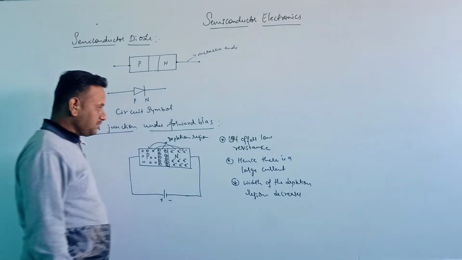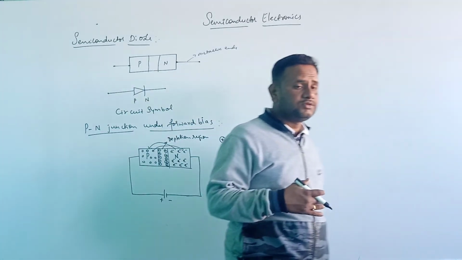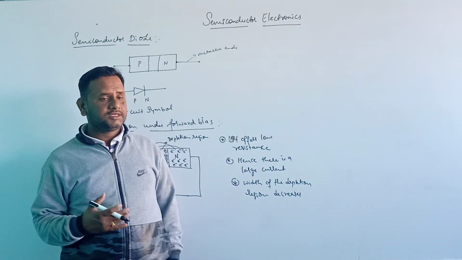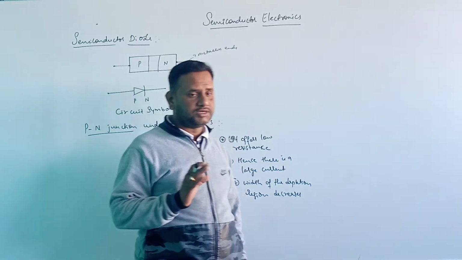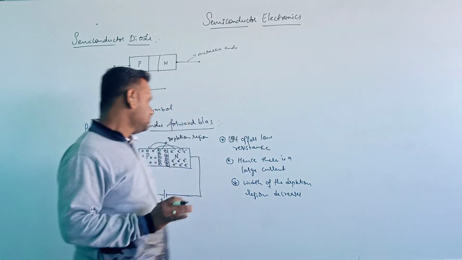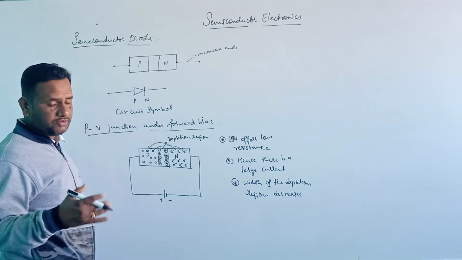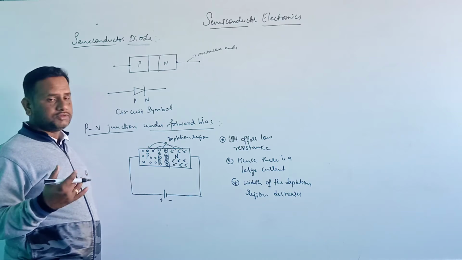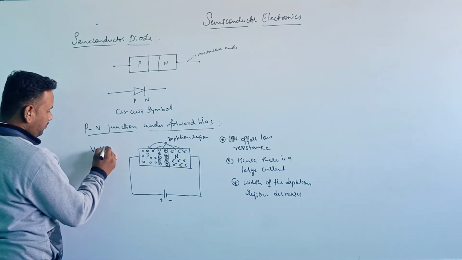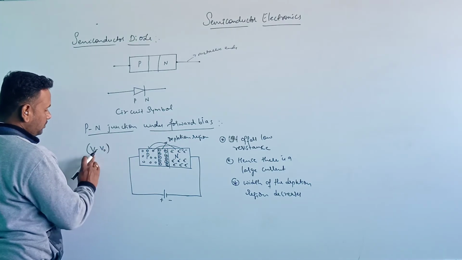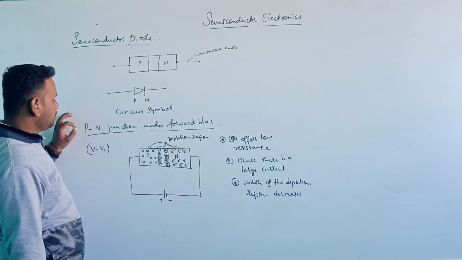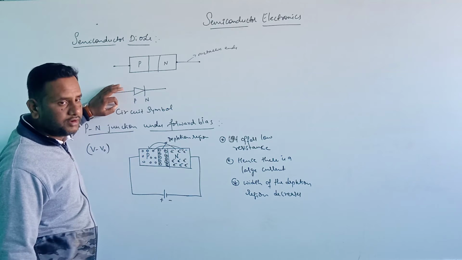Whatever external voltage we are applying is always opposite to the diffusion current. So the potential applied is opposite to the diffusion current here. Hence we write it as V minus V naught. The external voltage we apply will be V minus V naught. So that is all about the PN junction under forward bias.